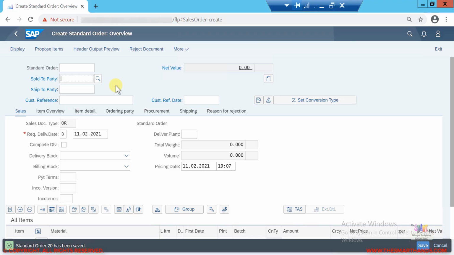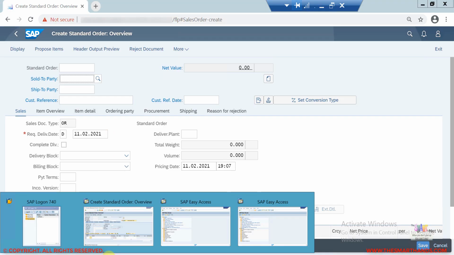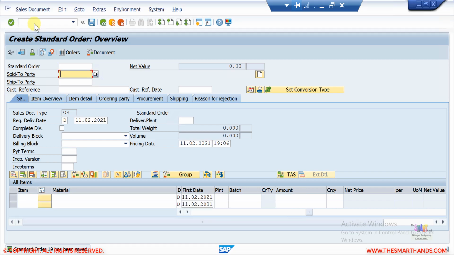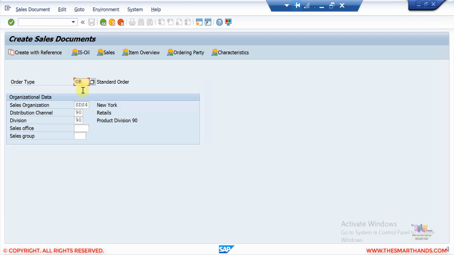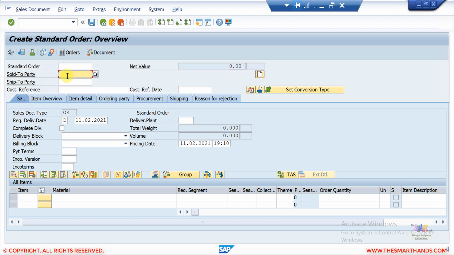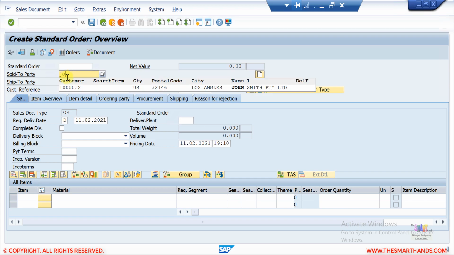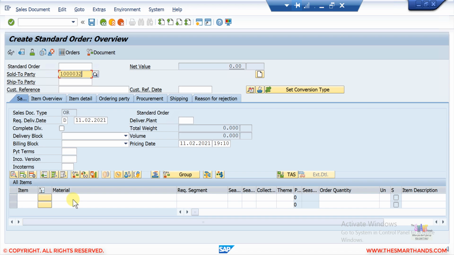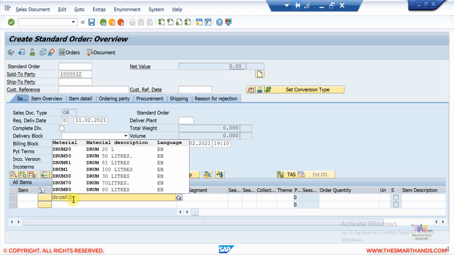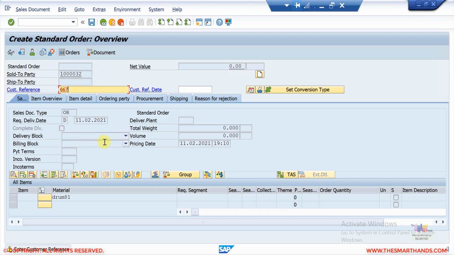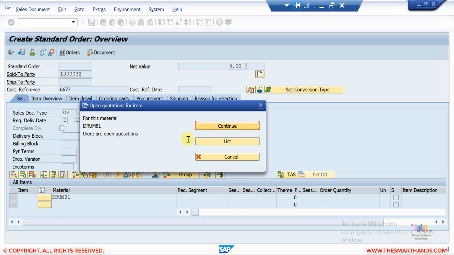Here if I go to the system, I'll show you in the GUI, because the screen is exactly the same whether you do it via the Fiori app or GUI. If I go to VA01, here I enter my order type, OR, and sales area. We have already seen that if I press enter, and enter my customer and my material, and if they are open items, the system will prompt me that yes, they're open items, do you want to copy?